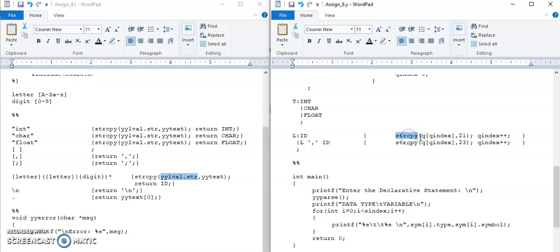So using string copy in the Q, at the q index, we will copy the name of the variable, that is represented by $1. Now what is this $1?